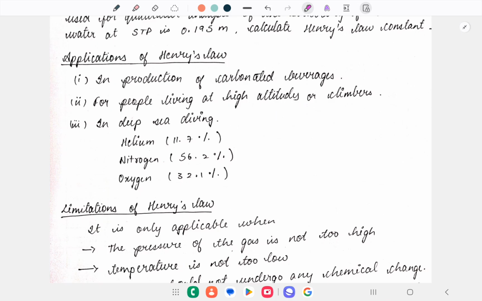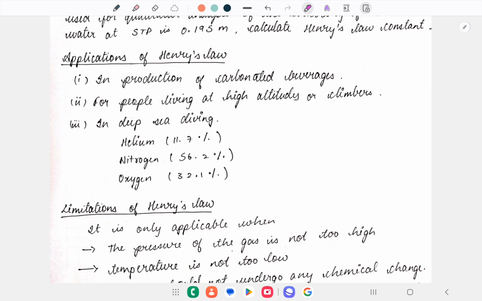And it has an application in deep sea diving. Scuba divers breathe air at high pressure underwater. Increased pressure increases the solubility of atmospheric gases in the blood. When these scuba divers come towards the surface, the pressure gradually decreases, resulting in the release of gases from the blood. This leads to the formation of bubbles of nitrogen in the blood,